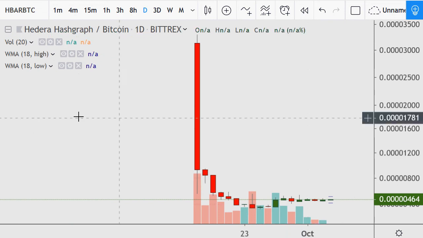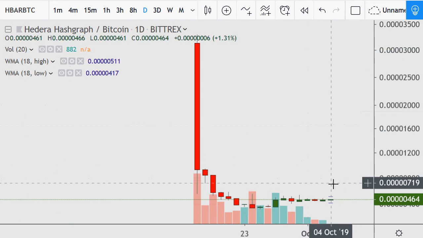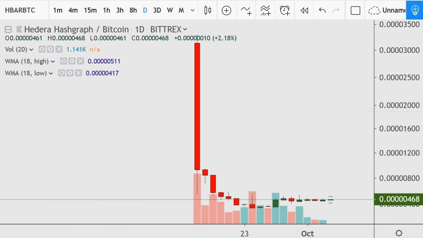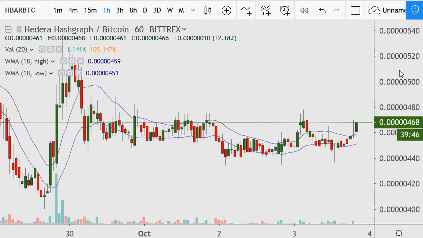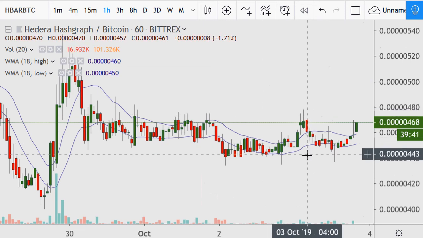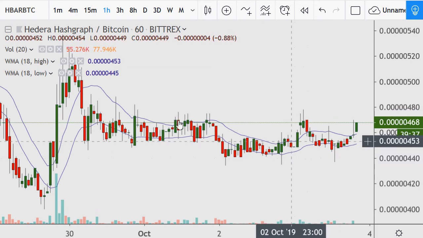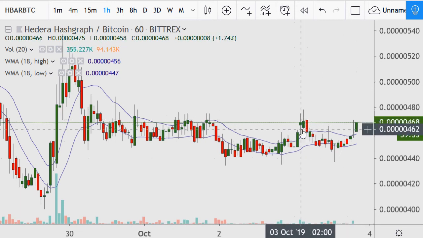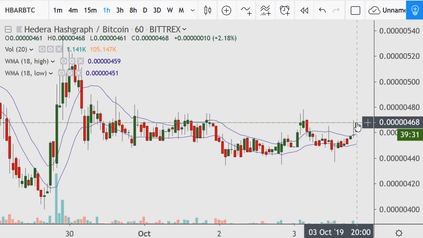H bar, Hedera, I don't know how it's pronounced, but the 18 average, you can barely see it here, which means today is day number 18 of this on the market. So I have to use a shorter term time frame, and I like to use a daily chart because to me that's one of the better ones to go with on this. And with using the hour, when we see these moves, so here's a move 474 down to 440. Nothing great, but it's something for short term. It really is just going sideways, but another attempt to break out like it was here. So it's a second attempt.